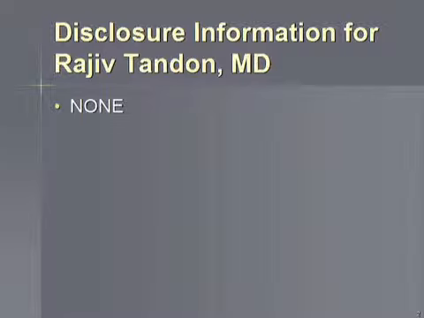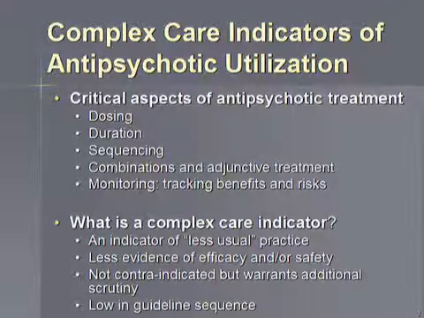And the critical issues that Dr. Buchanan and Dr. McAvoy have highlighted, and that all of us have voted on and developed a consensus on, is the issue of sequencing. That was the guideline that Dr. Buchanan presented that we voted on a few minutes ago. What about dosing? What are the dosage ranges of these medications that are appropriate? How long should an antipsychotic trial be? We did not discuss that, but we'll talk.